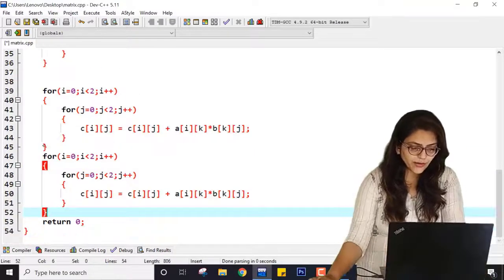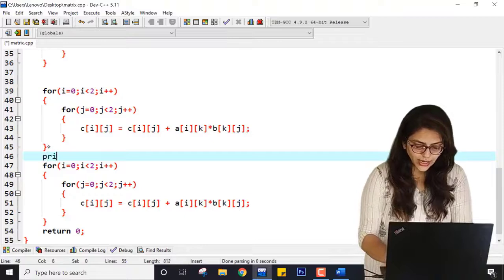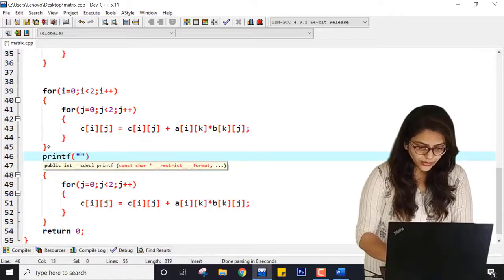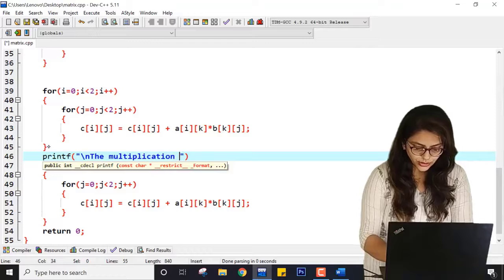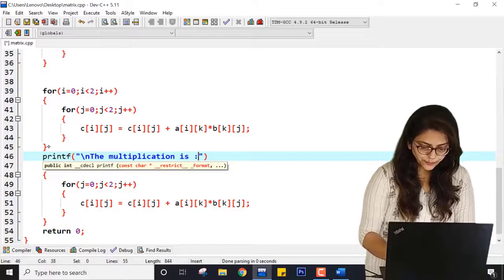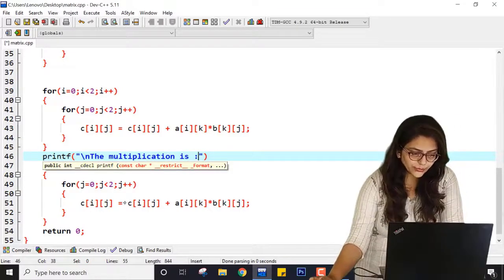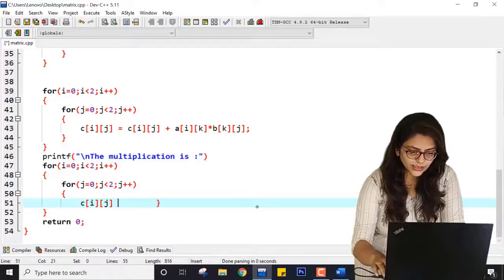Now you have to print the value of C. So here I can write printf "\n the multiplication is", and then here you can print the value of C, right?